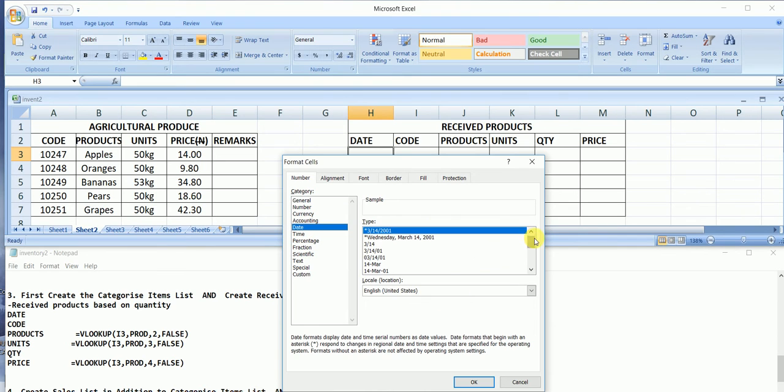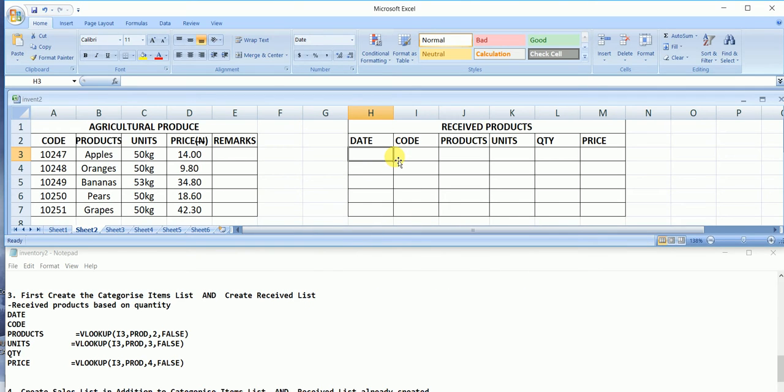the date format that is most comfortable for you. So I'll go down here. If you want it to be like 14th of March in that format, just specify it. So then just click here and drag it down. That entire column has been formatted. For example, the first item, if an item came today, if I write something like today is 3rd of November,